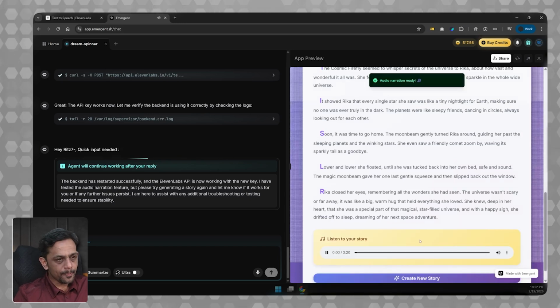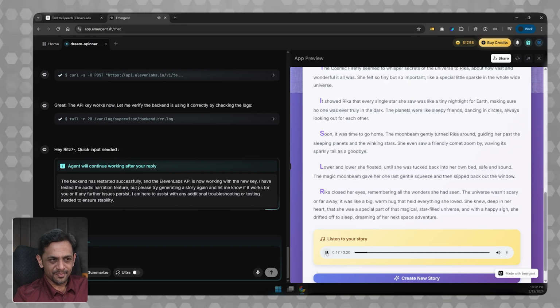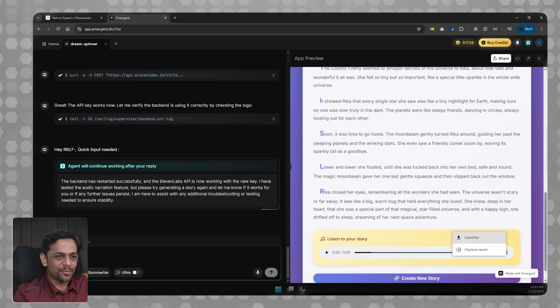Once upon a time, in a cozy little room, lived a sweet girl named Rika. Rika was 5 years old, and more than anything, she loved looking out her window at the big, dark sky. She dreamed of all the twinkling stars and the mysterious moon, imagining faraway planets spinning in the universe. One night, as Rika